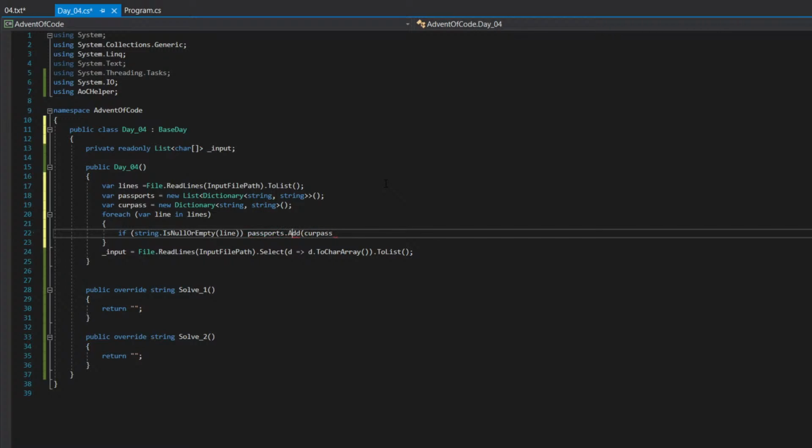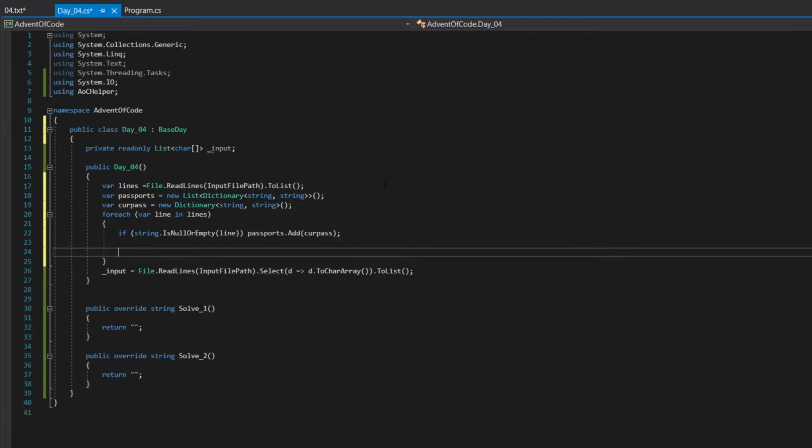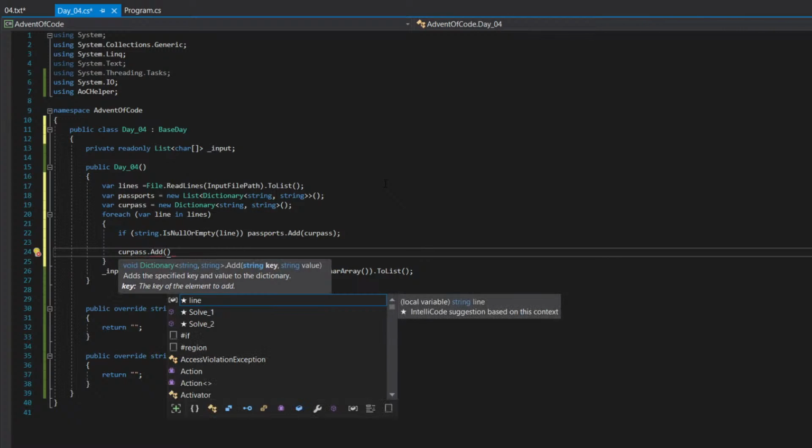Okay, stop being difficult. If we're empty, it means we've gotten to the next passport. We'll just add it to the current one, or to the list of passports. Otherwise, we'll add